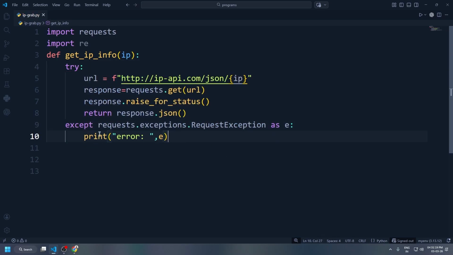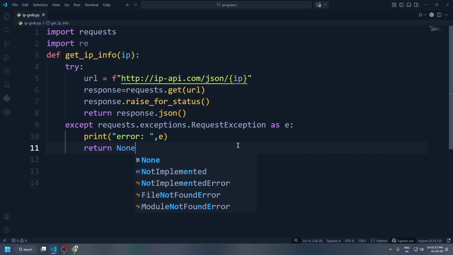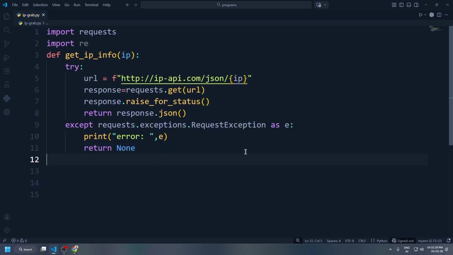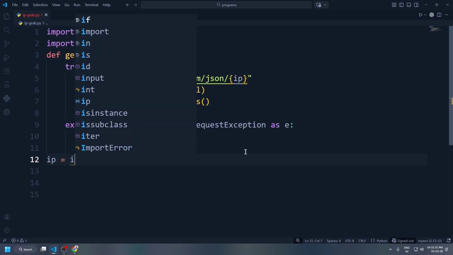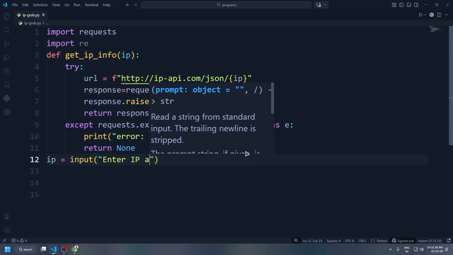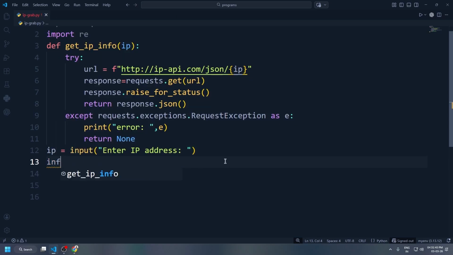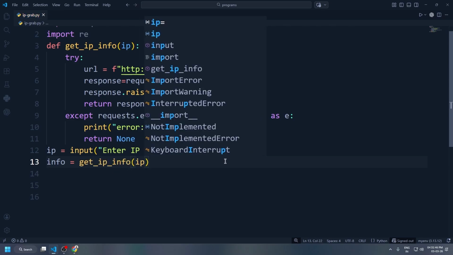Okay, I forgot that I used a colon here, my bad. And then we'll say return none, so it doesn't return anything. And then we'll create a variable for the input, enter IP address, then info variable, which will call the function,